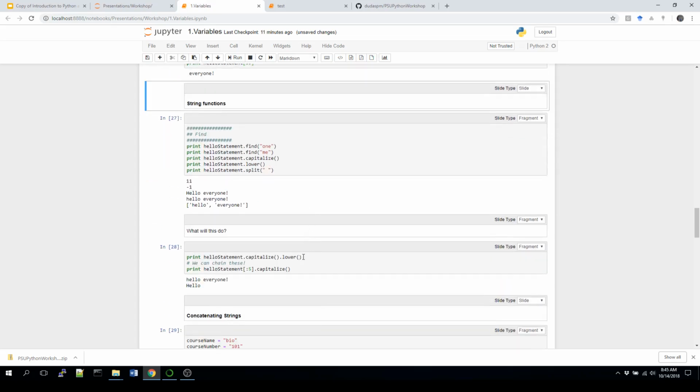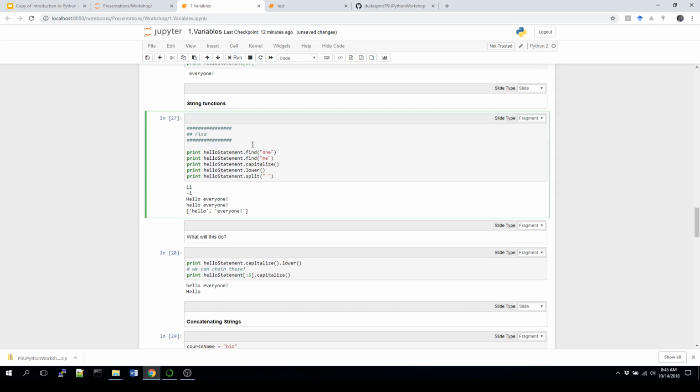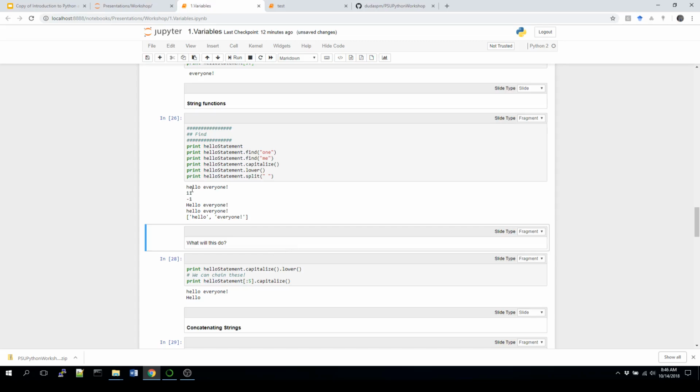There are a lot of built-in string functions in Python. Things like find, which will actually let me do this, print the hello statement. So here's our original statement, hello everyone. If we wanted to find the word one, we run this particular find function, and it's going to tell us it starts at the 11th index of that statement. So it's going to be right around here. If we run something that is actually not in this particular string, in this case the word me, which does not appear in this string, it's going to give you -1,